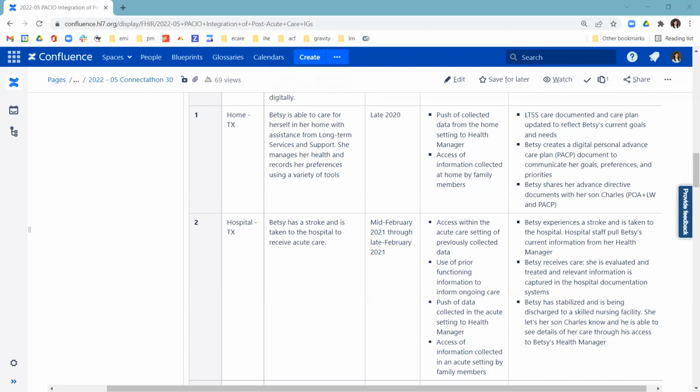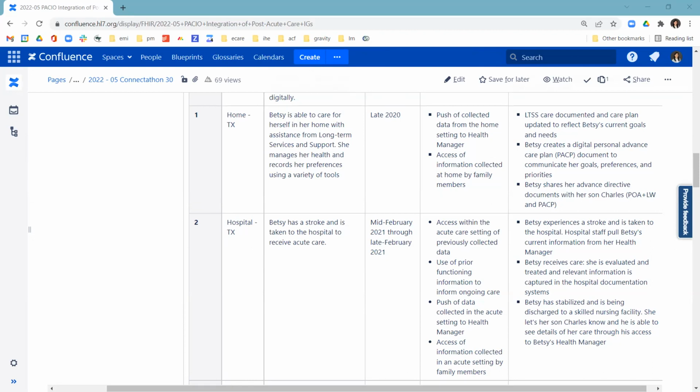So, we hadn't really thought so much about adding problem lists to this, but certainly we can do that. I think the PASSIO project is centered a little bit lower level than that, about assessments and the answers to individual questions in those assessments, in the case of advanced directives, the specifics around those directives.